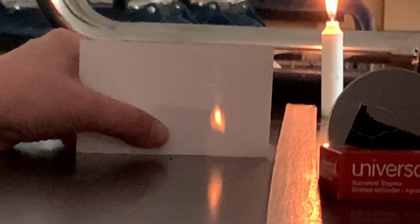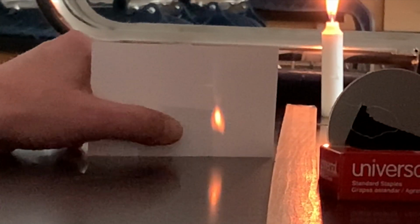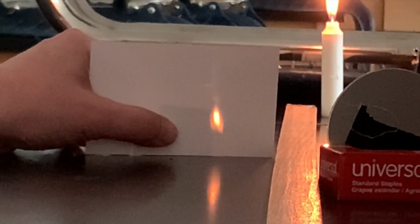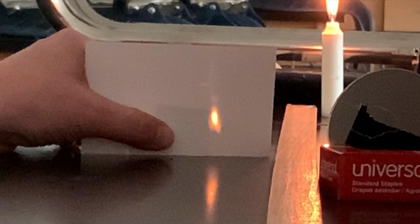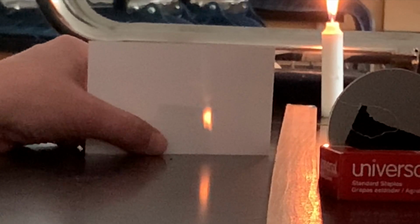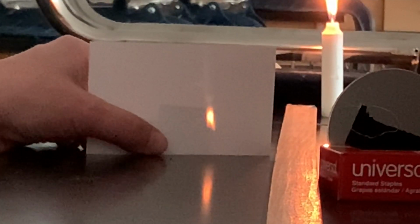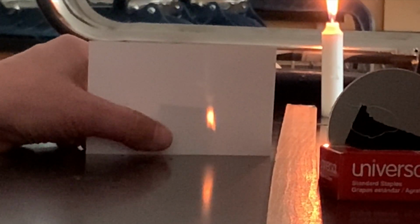And let's see, where should it be? So, looks like around, it's pretty good. This looks better. I'm going to call that the best. And that looks like our best candle flame, and it looks like it's right around, I would say around 19 centimeters away from the mirror. So our image is now around 19 centimeters